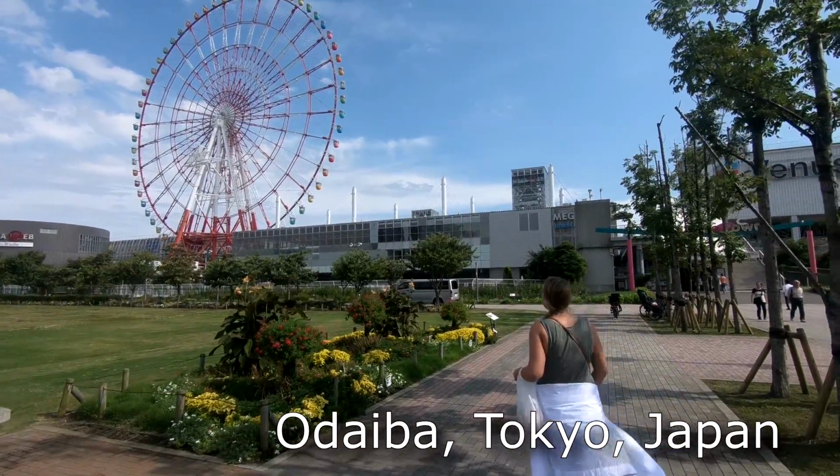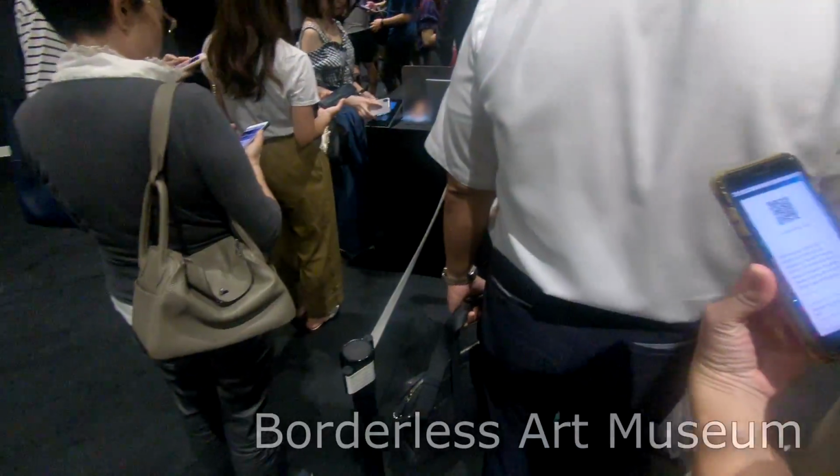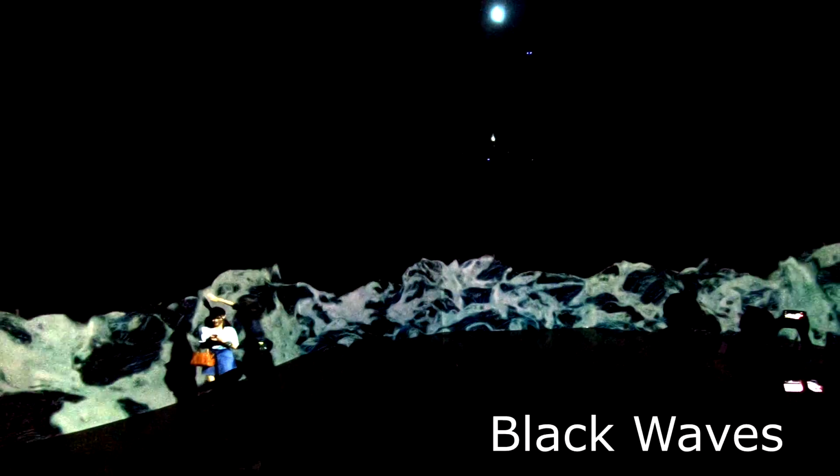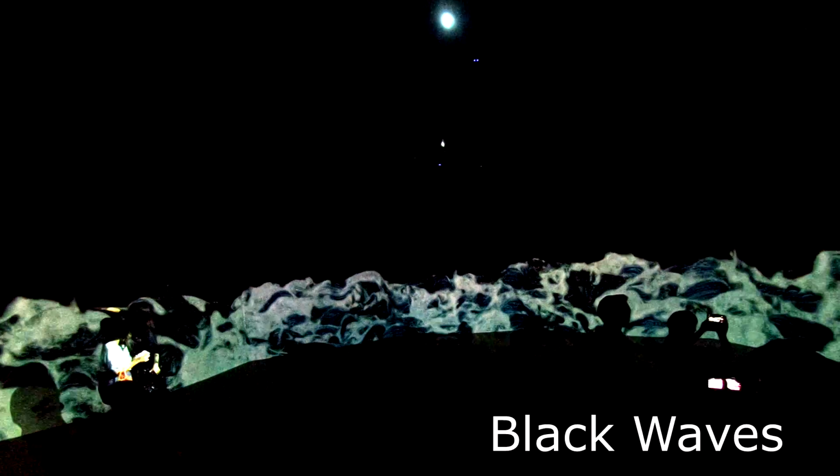Today, Mandy and I are in Tokyo, Japan, visiting the teamLab Borderless Digital Art Museum. This is a really cool concept for an art museum, and it's really the first of its kind and a really cool innovation. The entire art museum is pretty much just projectors and interactive screens that change with you and are constantly changing. All the videos you see are not on a loop, they're all natural organic movement made by a computer